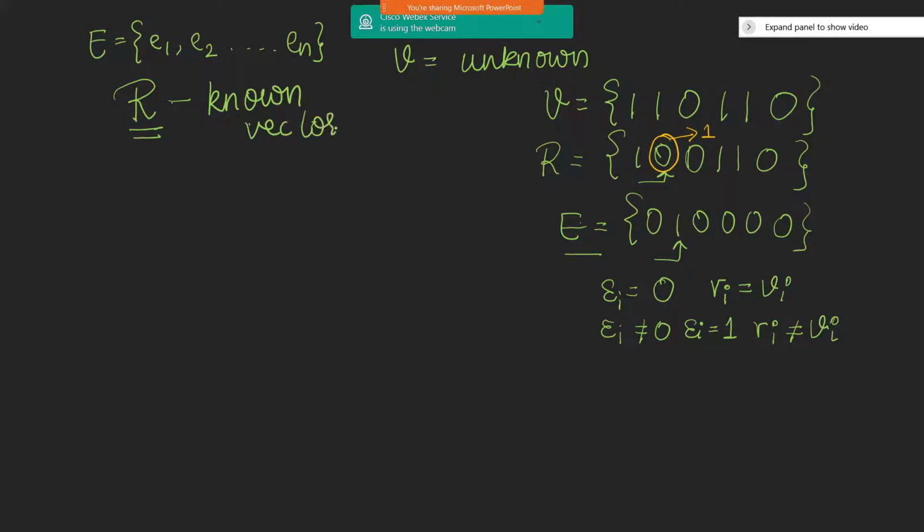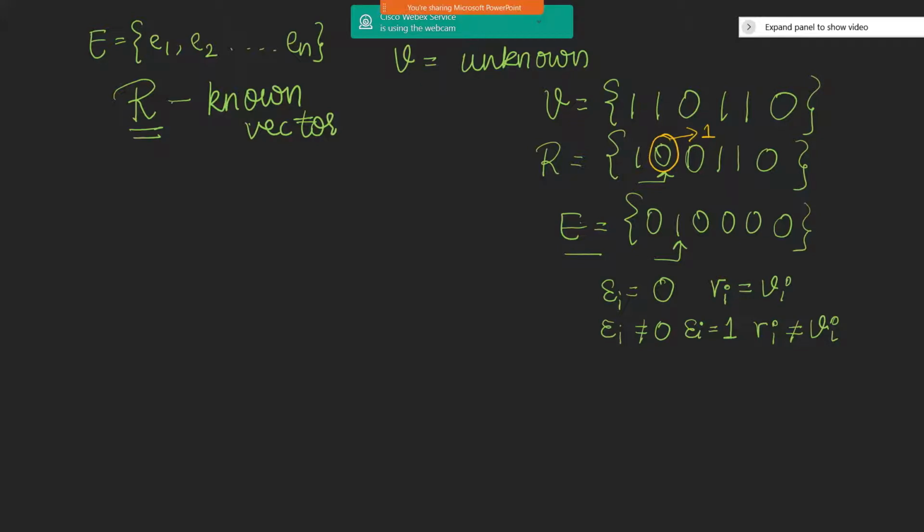Known vector is only r. We would not know the transmitted vector v, because if we had known that, there is no need of this r at all. If the receiver actually knew what was v, then there is no point in obtaining r at the receiver, because v is an ideal reference signal. That reference vector would not be known by the receiver. So we can know the error pattern by calculating another parameter, which is an indirect representation of the error pattern.